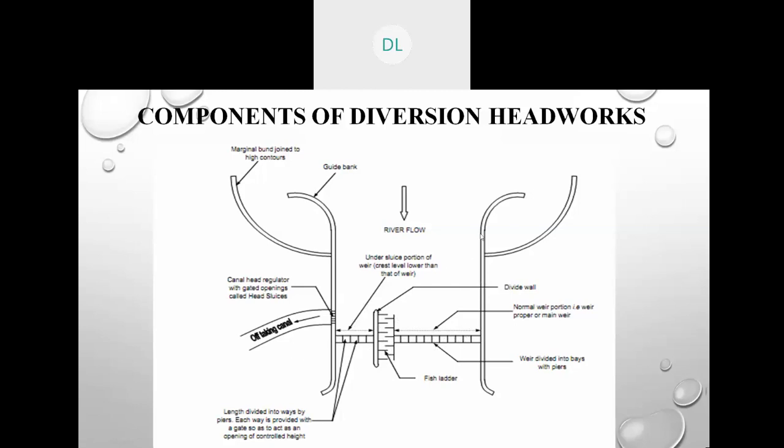We are not going to understand the design of guide banks, because guide banks are already dealt with in soil mechanics, and these marginal bunds are also dealt with well in soil mechanics. Compaction and consolidation are the major processes, and that has been explained to you in the soil mechanics subject. Now we are going to understand only the design of the weir, how the barrage can be constructed, and also the head regulator and the off-taking canal structure, canal length, canal size, canal discharge. Those structures we are going to understand in irrigation engineering.